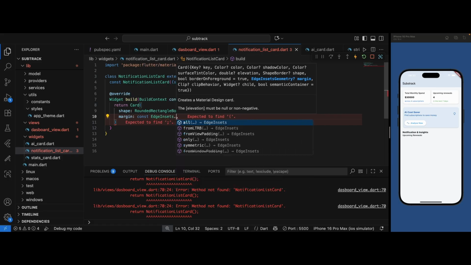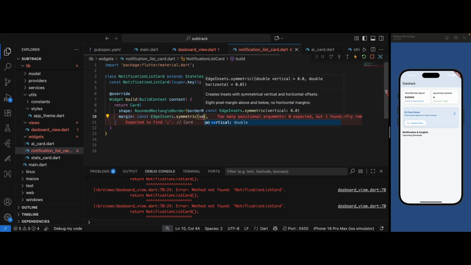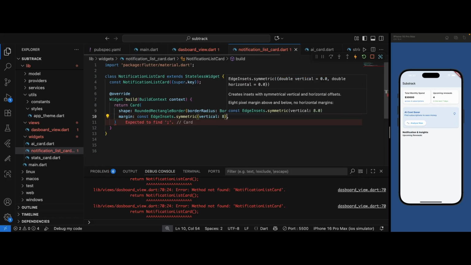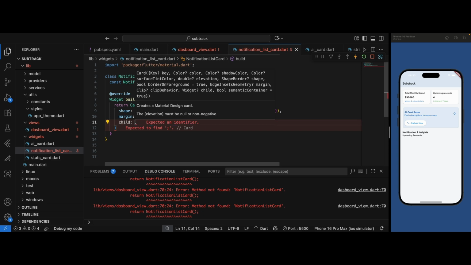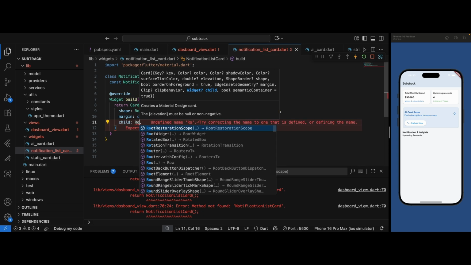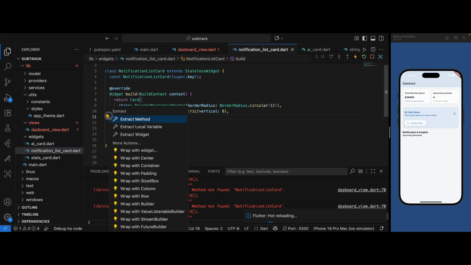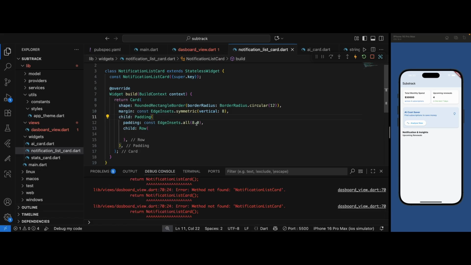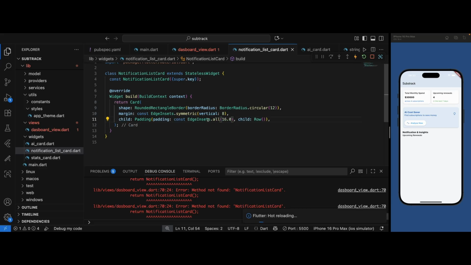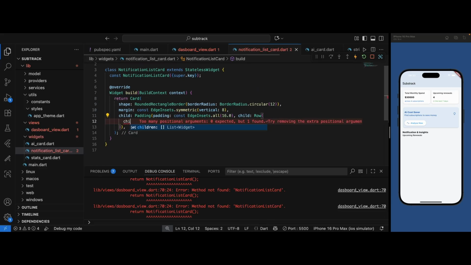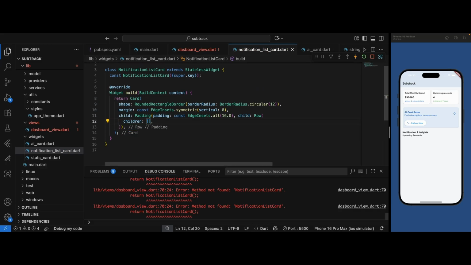Then we have the symmetric, we have the vertical to be 8. Then inside here, I'm going to set the child widget, and the child widget, we have our row widget inside here, and inside this row, I'm going to be wrapping it with a padding to give it proper spacing. Then this padding is going to be 16. So now inside this row, what I'm going to do is to have my children, and the first one is going to be a circular